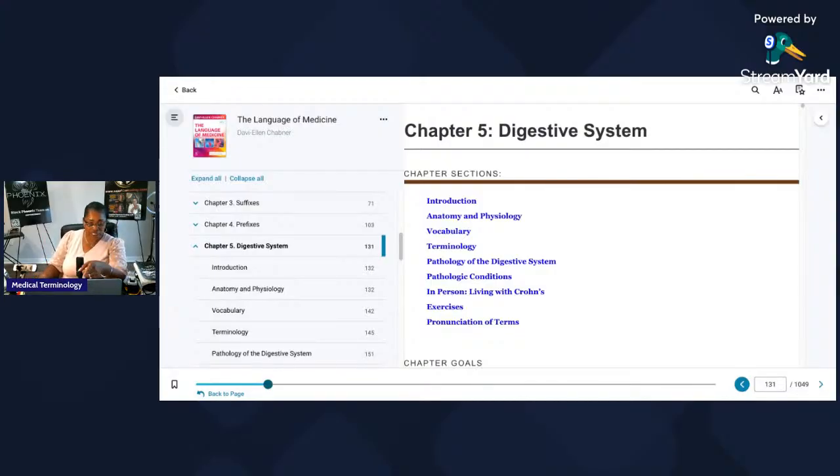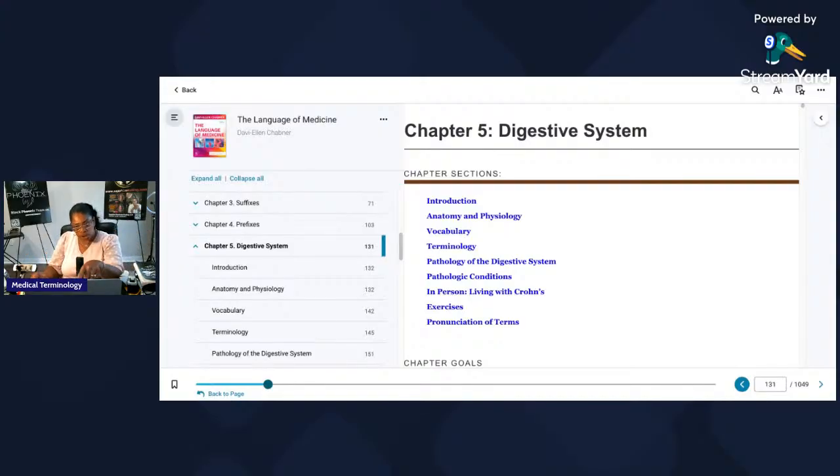So again, you see the digestive system, right, guys? On your CPC guide, chapter 13, class 13, that's where we went over AAPC and what's going to be on that exam. I showed you guys what's on the exam. I showed you the open and closed questions, how many open and closed questions you're going to have, and how many cases you're going to have on the AAPC. That's in chapter 13 of medical insurance billing.